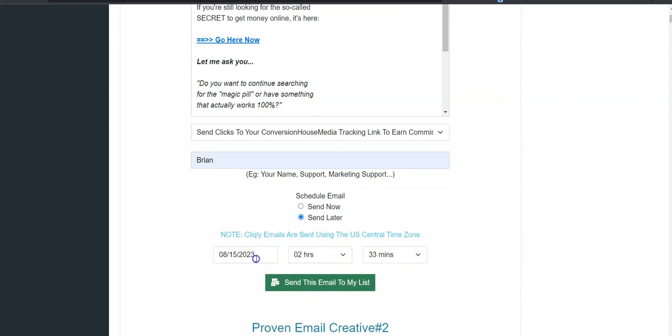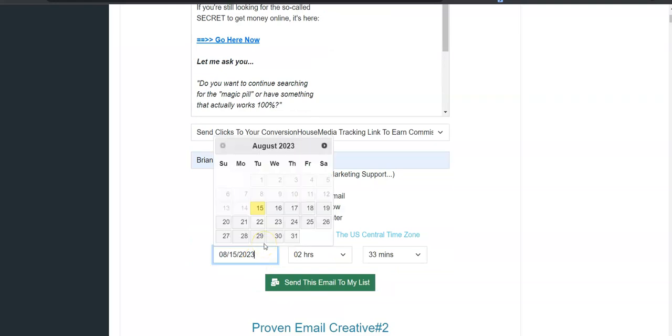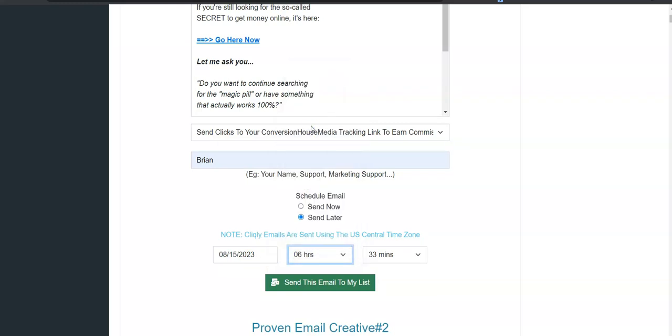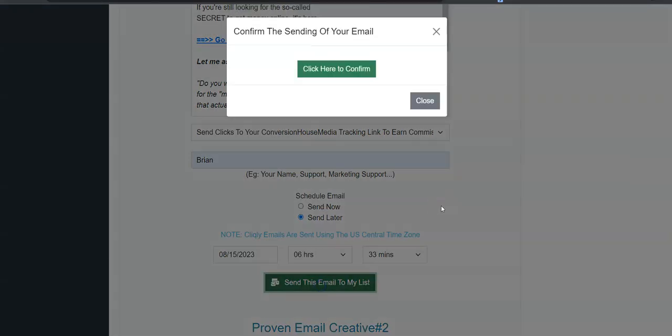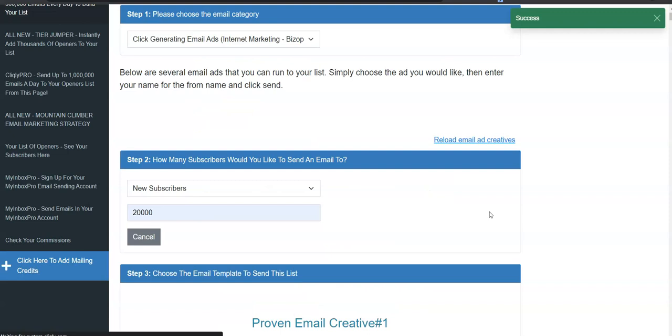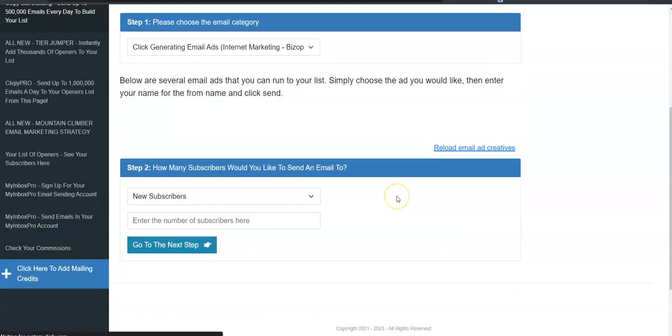I don't have to use my own email account, because the system will use its own email server. None of your private information is ever needed. It never goes out. It's very convenient. It's very private, and you get paid just from building your list and people actually opening up your emails. And if someone actually clicks a link in your email, then you get paid every time. They do not have to buy anything, and yet you still get paid.